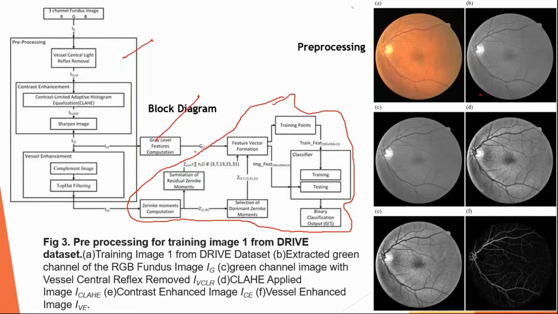So these are the pre-processing techniques. The first one is green channel. You can refer to this paper. I can't go deeper into this because of the timings, because this itself is a huge paper. All we do is extract gray level features, which are basically the intensity features, and we also have this image, which is called the Bessel enhanced image. With this image, we extract shape features. For shape features, we use Zernike moments. I've been working on Zernike moments for quite some time with biometrics and other things, so I applied Zernike moments for extracting shapes in retinal images.